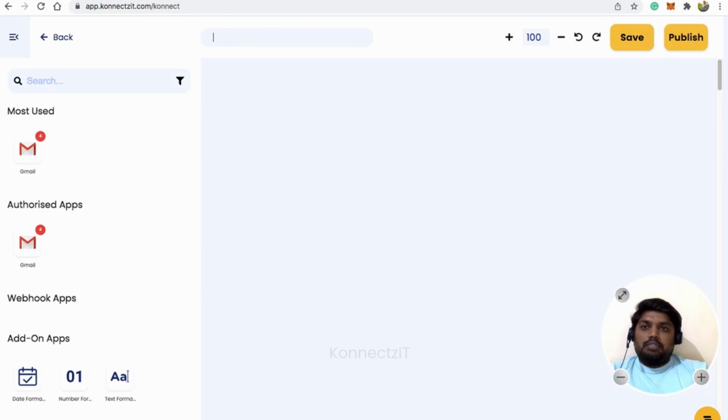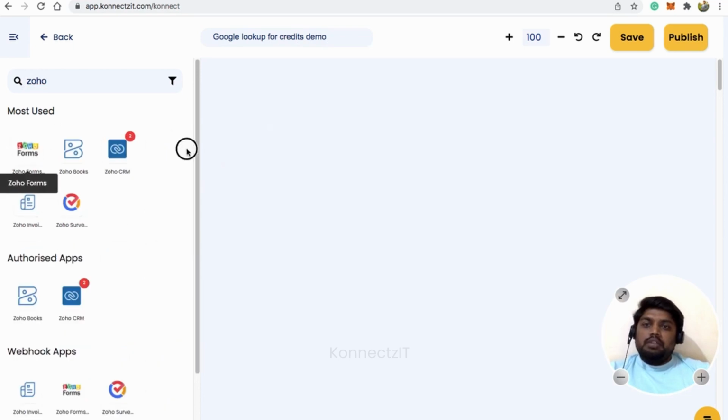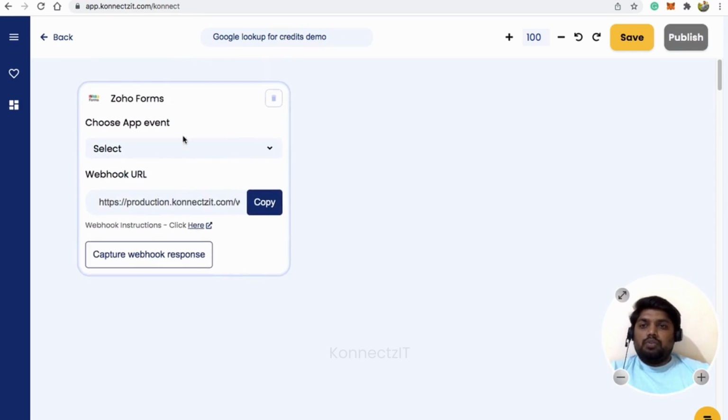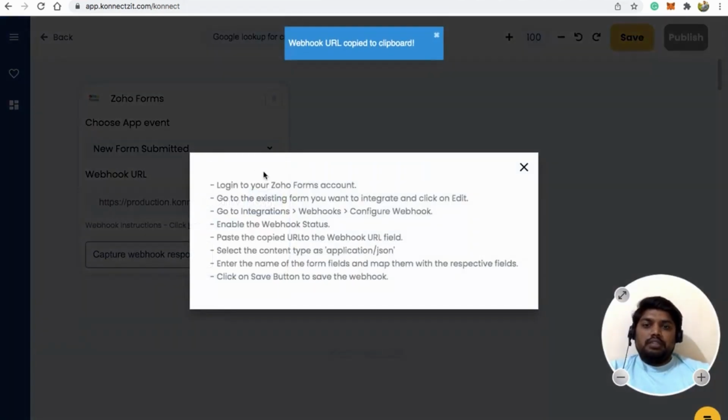I just mention this as Google lookup for credits. Now I'm going to take my trigger as Zoho Form. As you all know, Zoho Form is a webhook enabled app, so we have to copy and paste the webhook URL for Zoho Form. I'll select the trigger as new form submitted, copy the webhook URL, and based on the instructions,